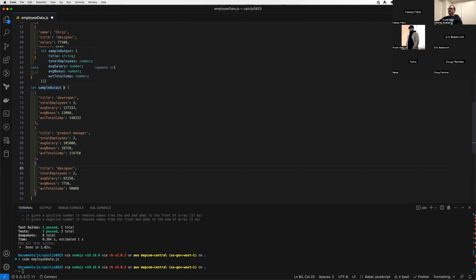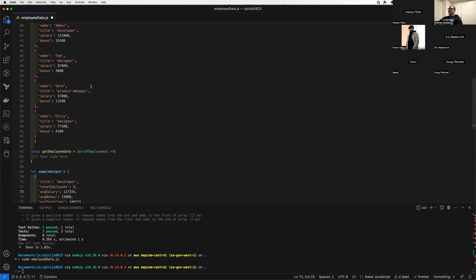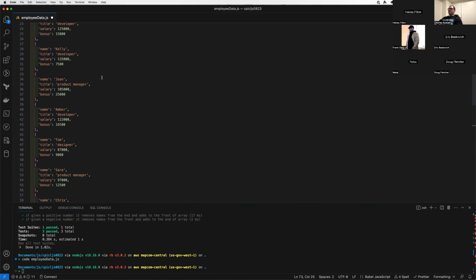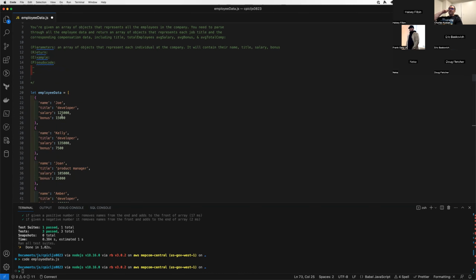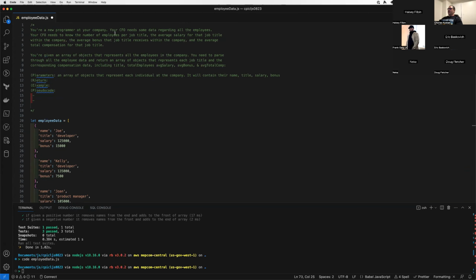But notice the final output is still an array of objects. This is very, very common. This is the bread and butter of what developers do: we take information that's formatted in one way, and we figure out how we can present it in a required and hopefully useful way for one of our clients. And at this point, our client is an internal client, it's our CFO. So I need to return an array of objects